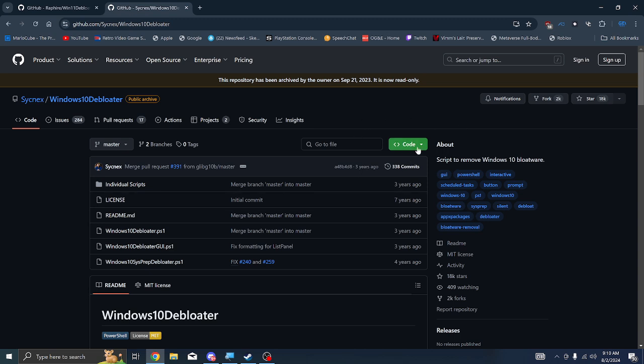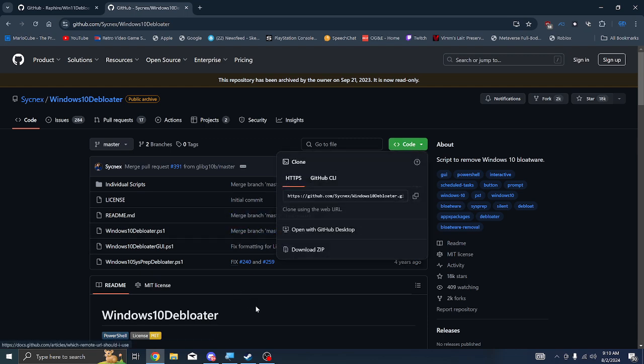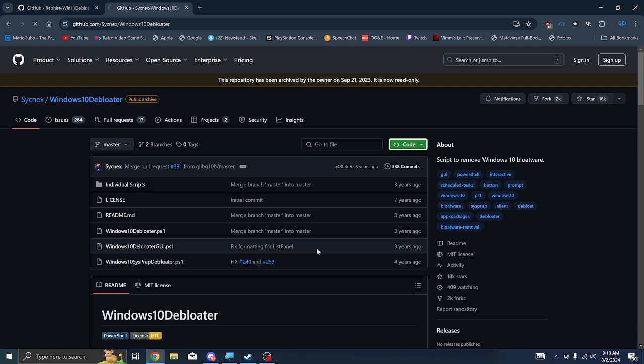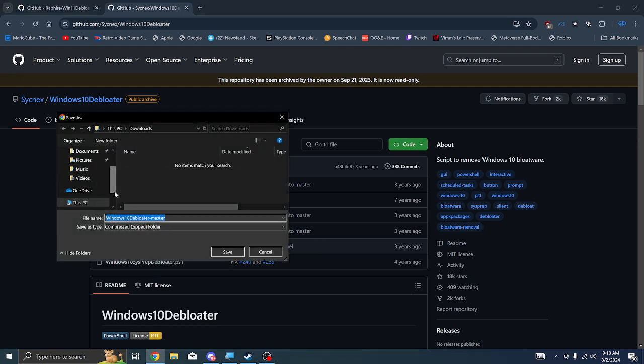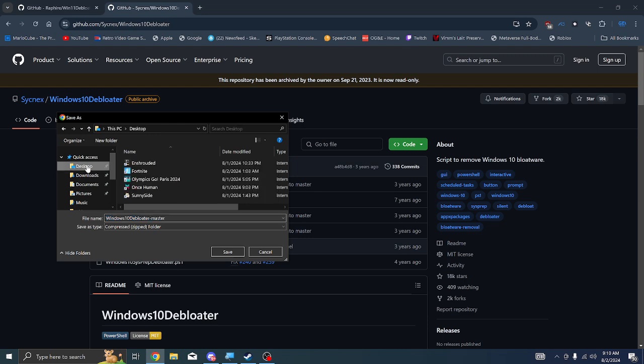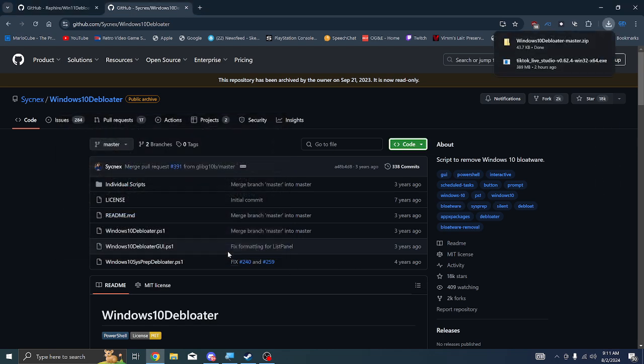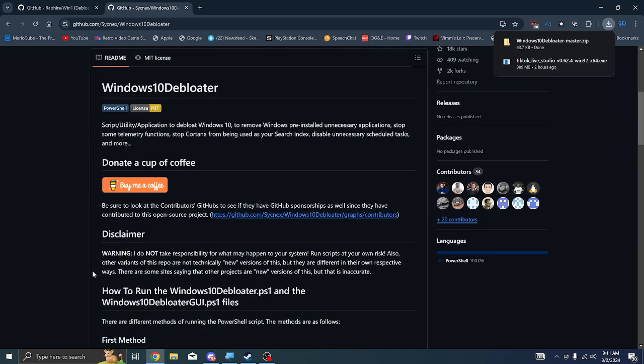So we gotta come up here, click on this green button, and then click on download zip, and then save it to wherever you want to save it to. I'm gonna save it to my desktop for convenience. Alright, then